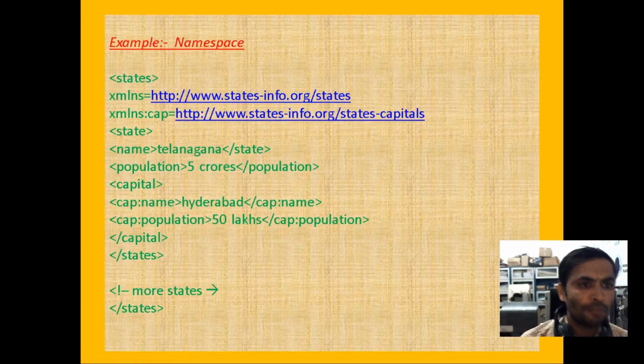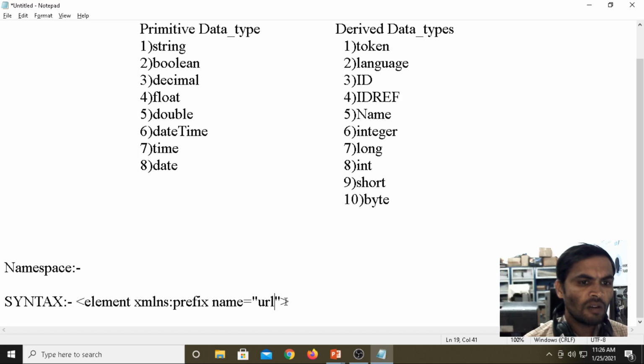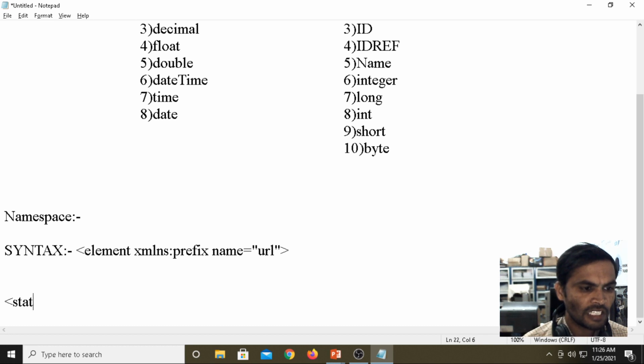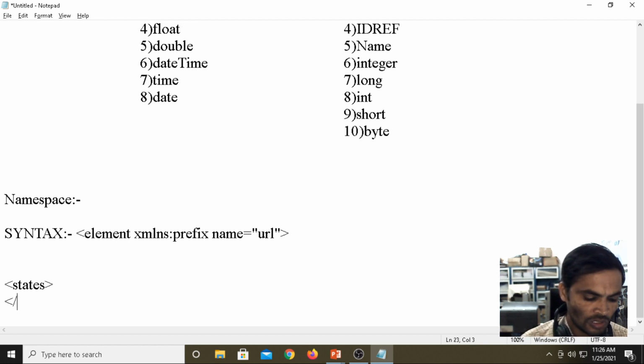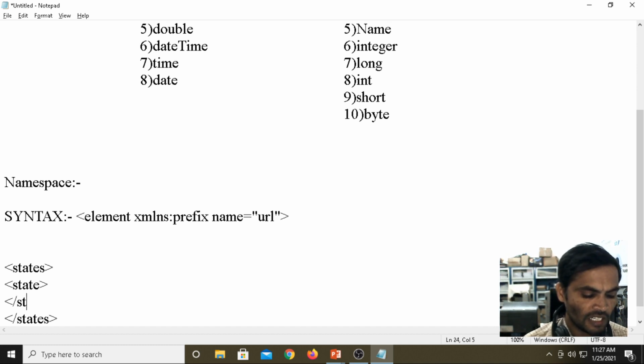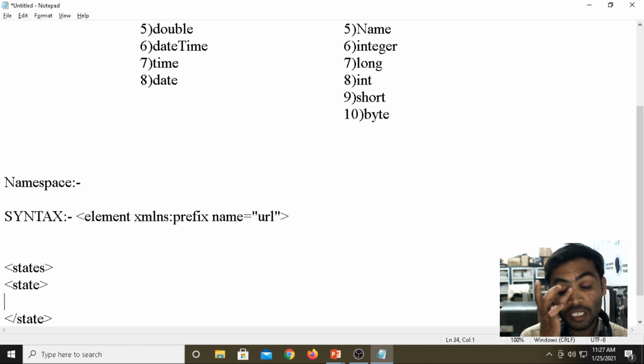Now let's take an example. I want to write a simple XML program for states. Under India we have around 29 states. For your understanding, I am writing a state element. A state can consist of a state name and population.